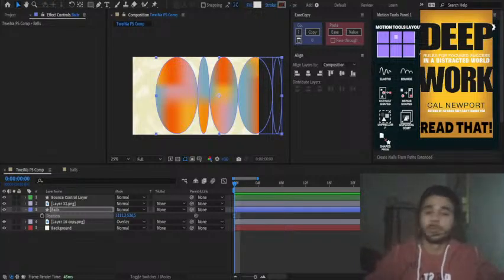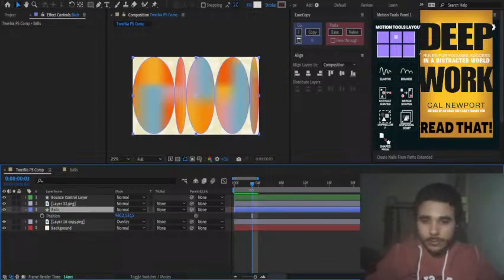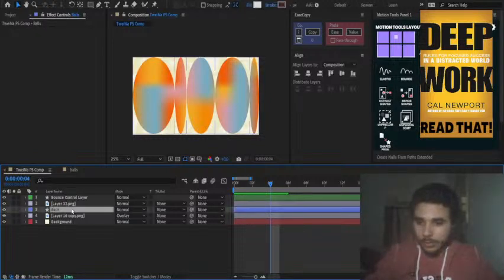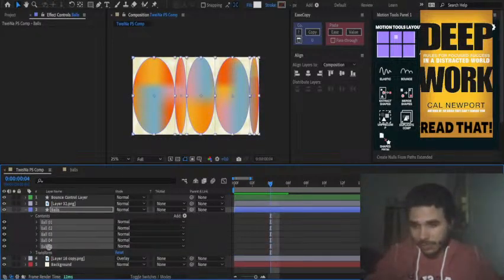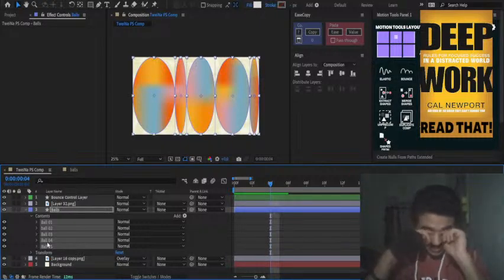Wake up. There we go. Goofy, so I can move these individually, like inside of this shape right here, but I want them to be in separate shapes. I want them to be in separate shapes, please.